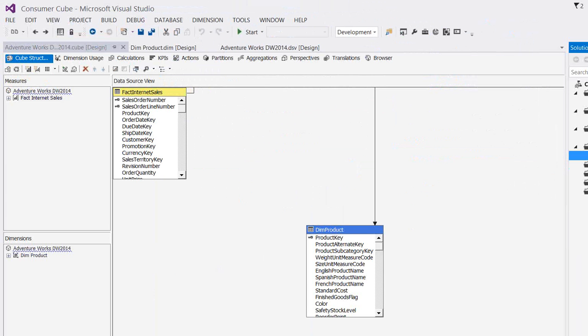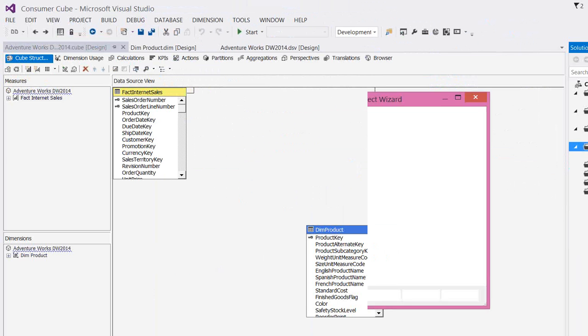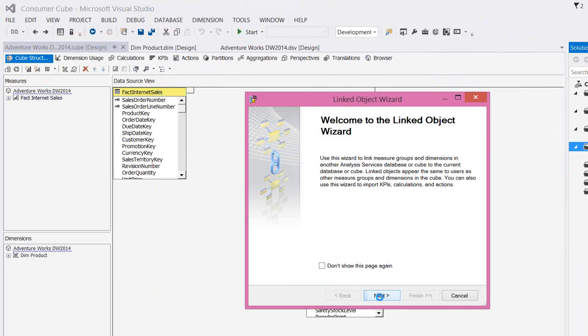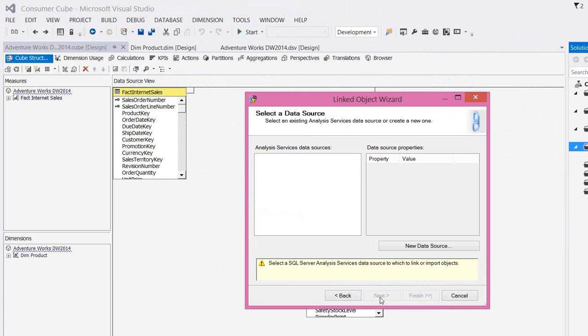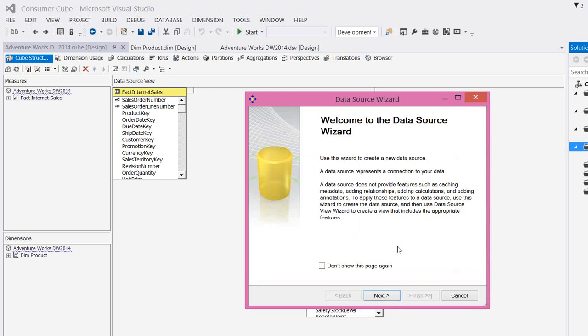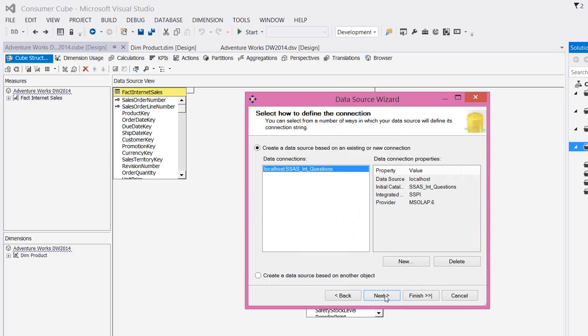How to create a link dimension? Let's quickly have a look at it. For that you need to right click on the dimensions, and you can see the option new linked dimension. Click on the new linked dimension, click on next, and here you need to create a data source. Let me create the data source here pointing to the analysis services from where you are going to use the link dimension. So I'm going to click new,